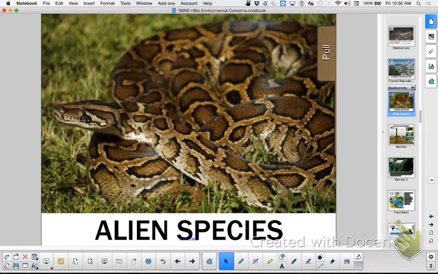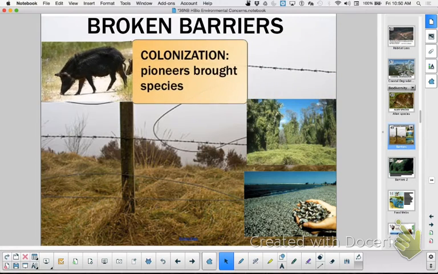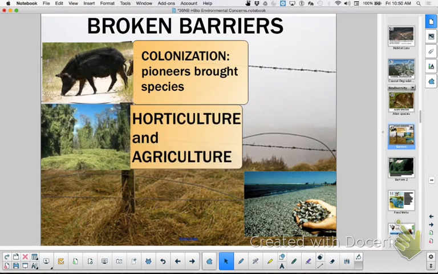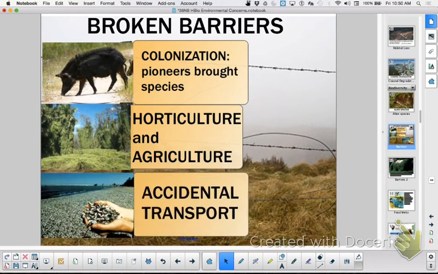Exotic species. Could you please talk about the 3 ways that man has brought exotic species? Through colonization, the pioneers brought species to